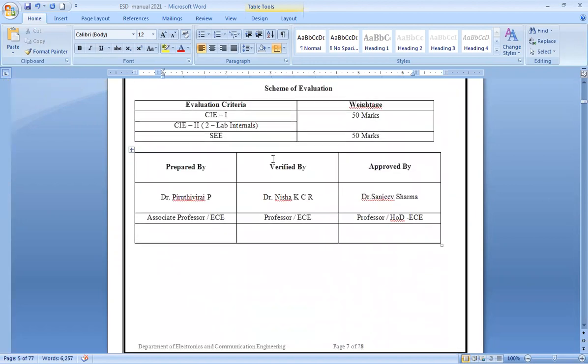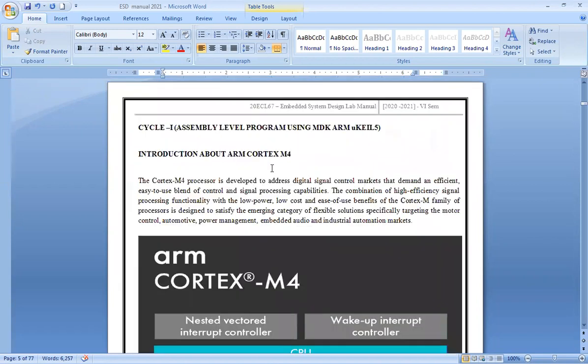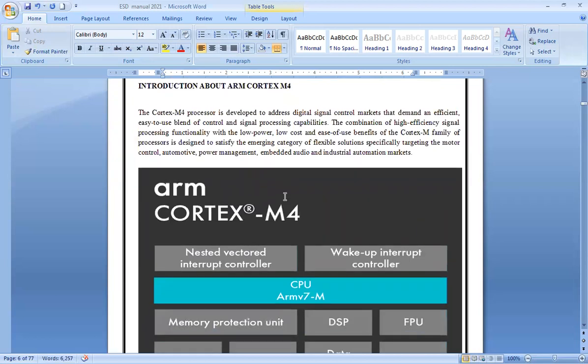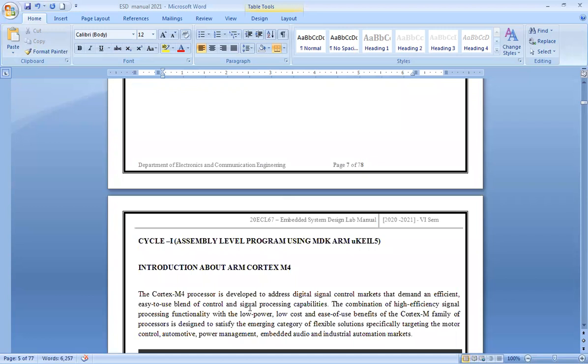I think ma'am will be sharing the link with all of you to download the software, and you can get it installed. How many of you have got it installed? We'll be needing Keil 4 or 5. I suggest you go with 5. So you can download the software and get it installed.